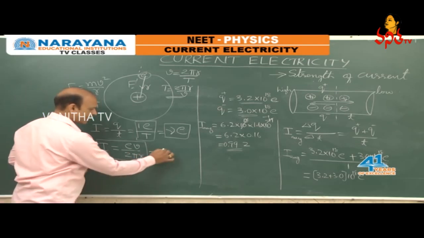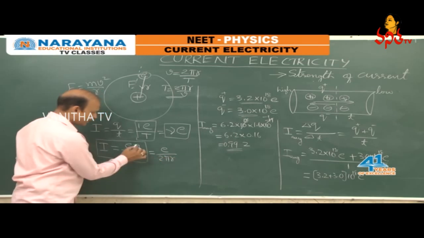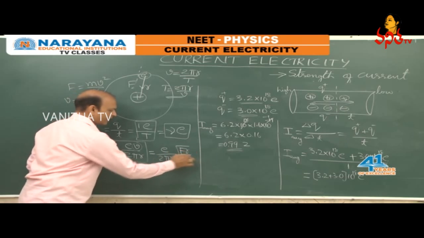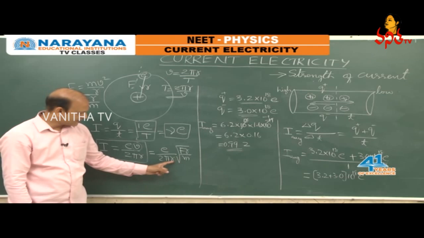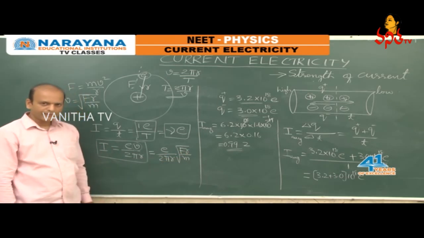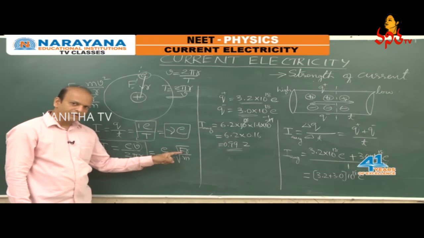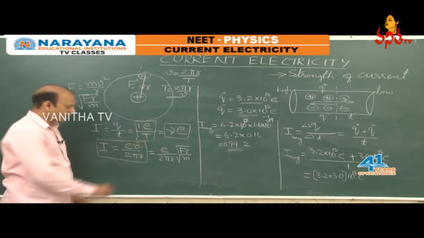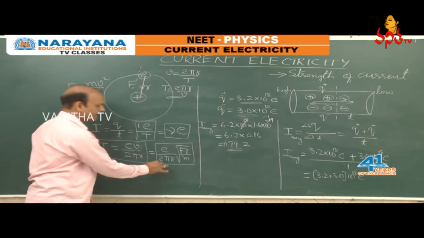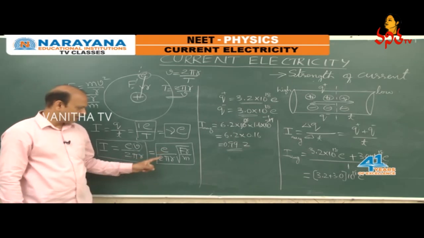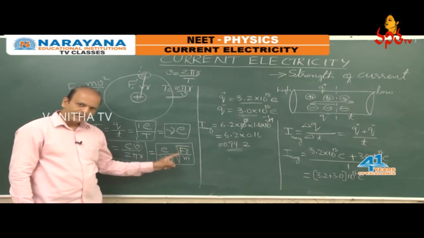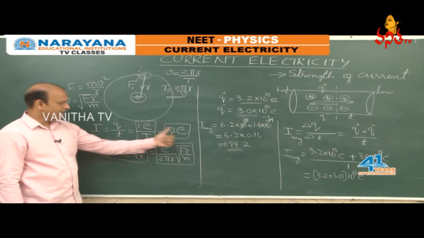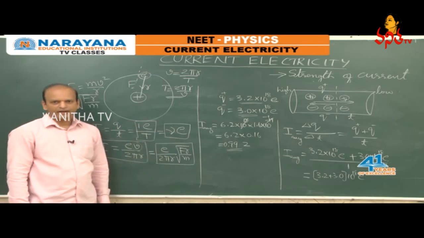Then the same current becomes E by 2 pi r as it is, with V substituted by root F r by m. Of course, this r and r you can make into a single under root r. Here F stands for the centripetal force acting on this electron. So the current due to the electron revolution is E by 2 pi r into root F r by m also. So in case of electron revolution, in these four ways we can express the current.